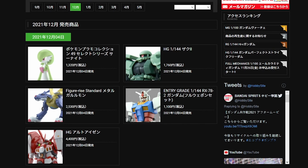And as for the release schedule for December of 2021, we first of all have the high-grade Zaku 2, which is a direct variant of the high-grade Universal Century Char's Zaku 2, but weirdly enough not listed under the same line. I'm interested to see what they are going to be doing with that. Moving on, we do have the entry-grade RX-78-2 Gundam full armament version, or full loadout version, whatever you want to call it, with all of the weapons like the Gundam Hammer, beam effects for the beam sabers, the beam javelin, beam rifle, shield, bazooka,